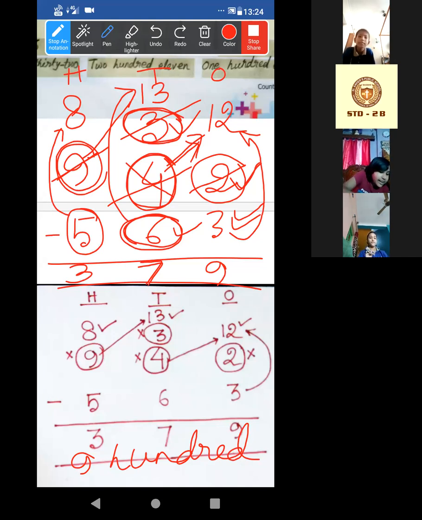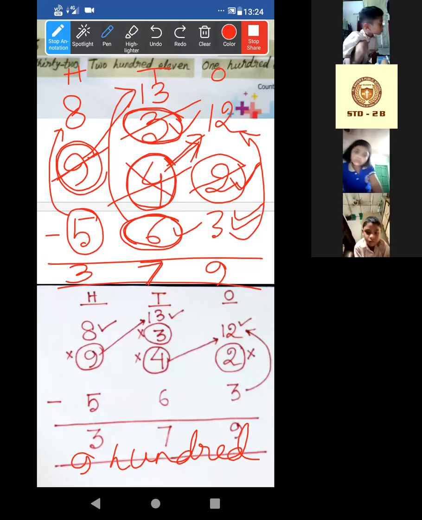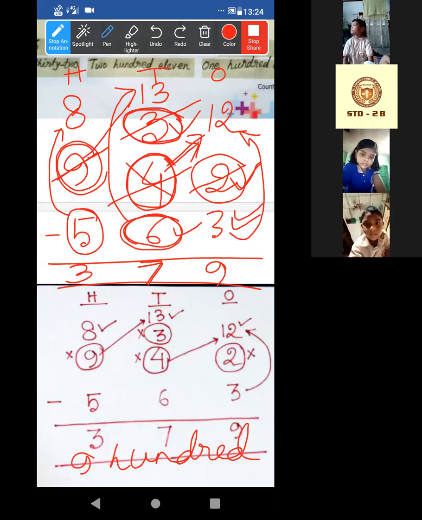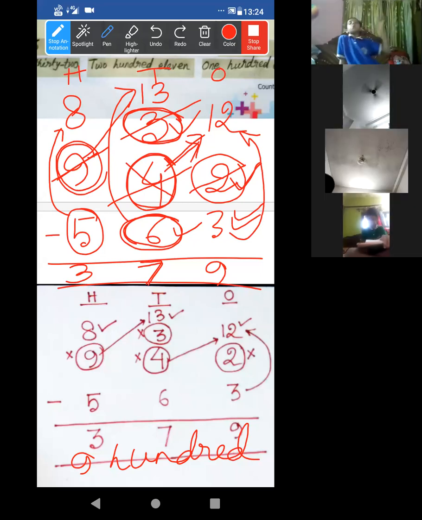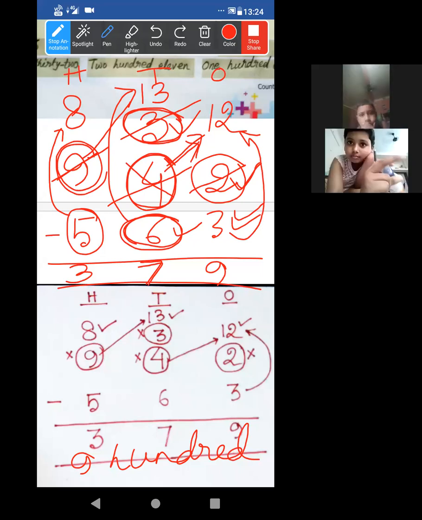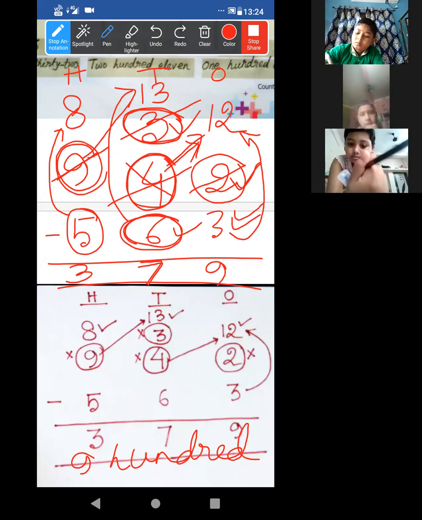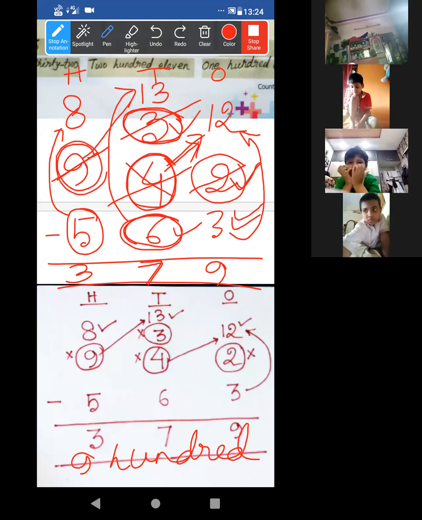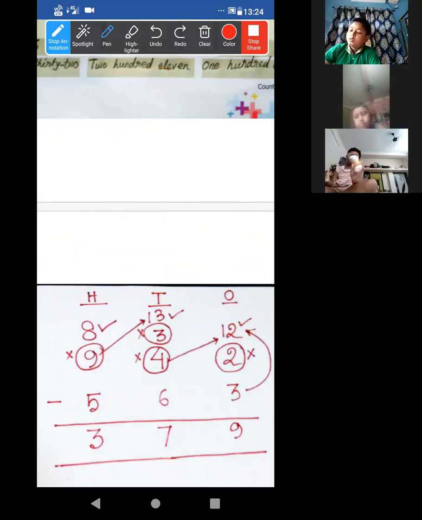Acha, where is Shaugato? Shaugato, is it clear? Yes or no? Shake your head. Good, very good. Acha, Ifra, where is Ifra? Ifra and Jubair, Jinia. Is it clear? Jinia, clear? Good, good, okay. Now just write it.